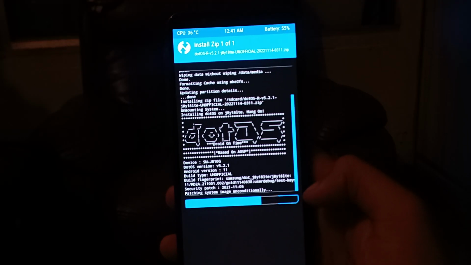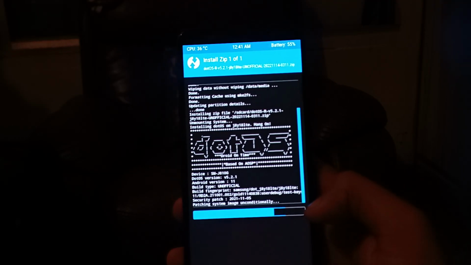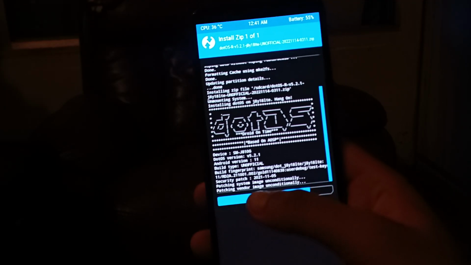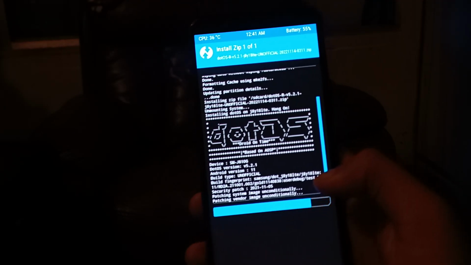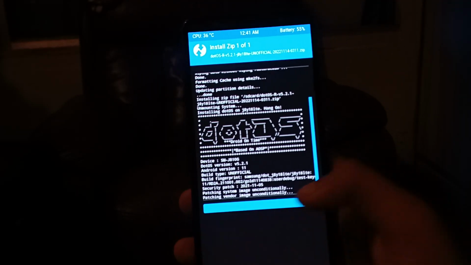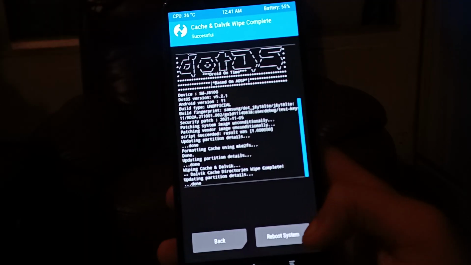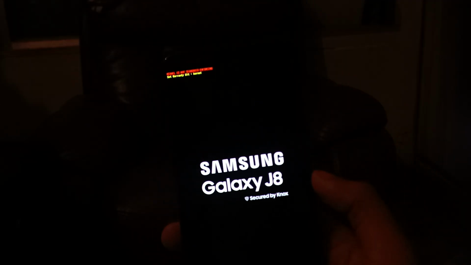So I'll let it complete. This will just complete while it's flashing the image, and then it's going to flash the patched vendor. Once these both things are flashed, we are just going to clear the Dalvik cache over here. And now I'm going to hit reboot. Once you hit reboot, you can see the device shuts off. It shows over here kernel. If you can see,